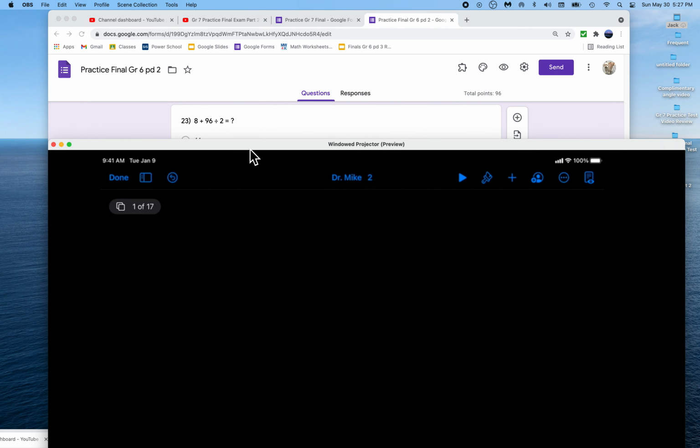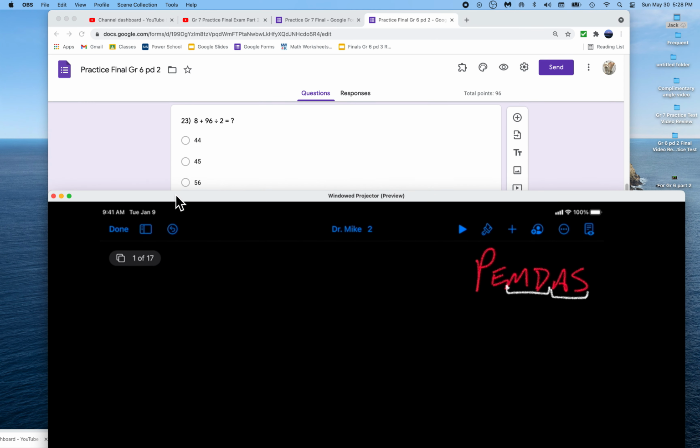Okay, this first one, we have addition and division. So we know, let me keep PEMDAS on my screen if I can. We know that clearly division comes before addition and subtraction. Okay, again, I'd like to group these together because they have the same priority. Okay, so we're going to divide first. 96 divided by 2 is going to be 48, and then we're going to add 8, and we're going to get